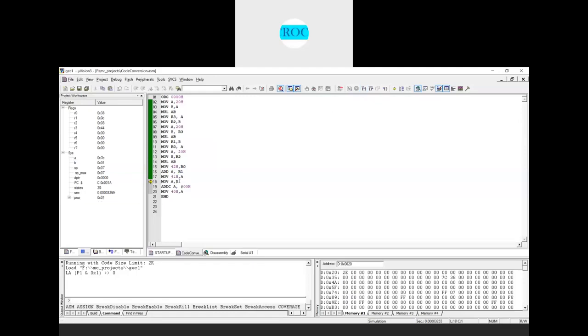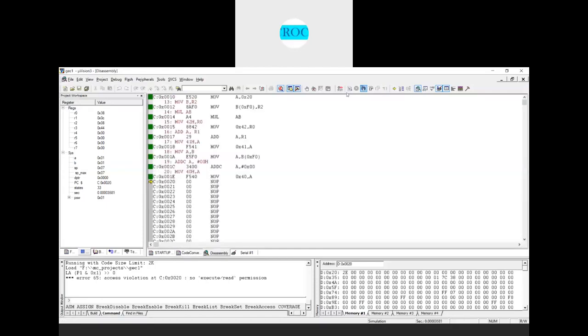Next move A comma of B, and because of this addition, if there is any carry, that also needs to be considered. That's the reason add C A comma of 00H. The higher byte whatever is stored in B, that I will move into the content A. 01 is added with 00 and the carry if it is set, and the result will be stored in accumulator. And whatever is the content, that I will move into the memory location 40H. So what we get now in 40,